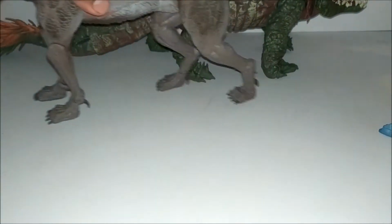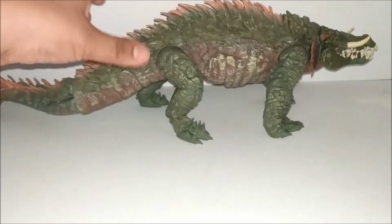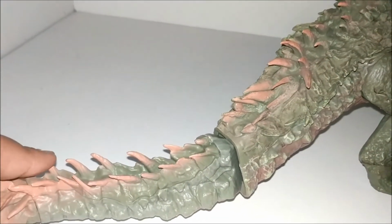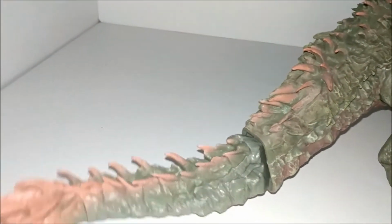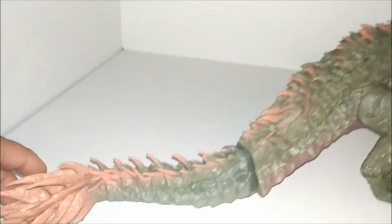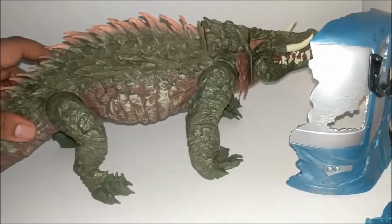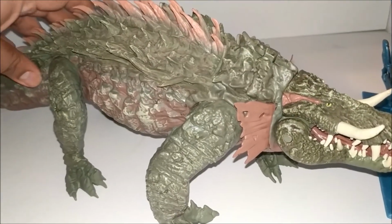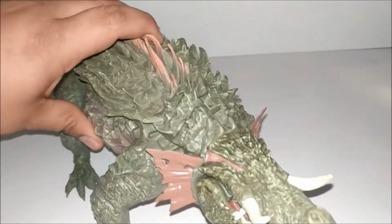And I want to give you guys a better look at the Lizzie character, which is massive. So the tail is just a piece you have to click on. Very simple, and you can see there's not really much there. You could move it ever so slightly back and forth. So nothing special there. Pretty decent paint on it. To me it looks good. Obviously it's probably not going to compare to how it looks in the movie, but...